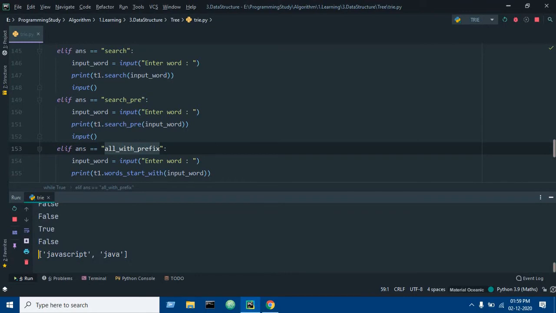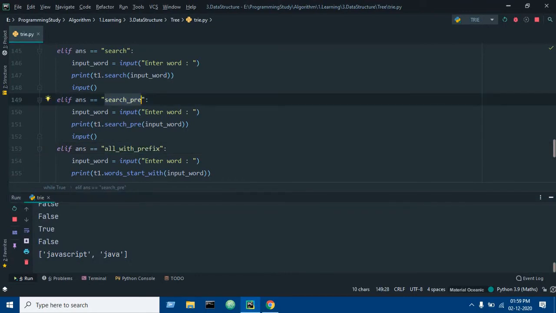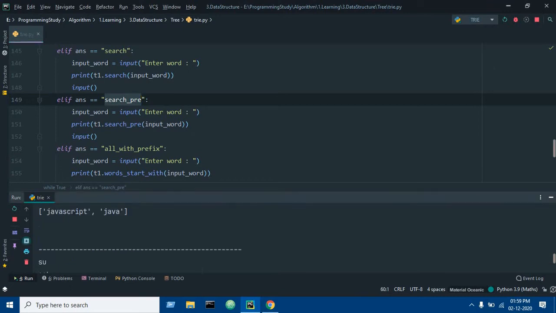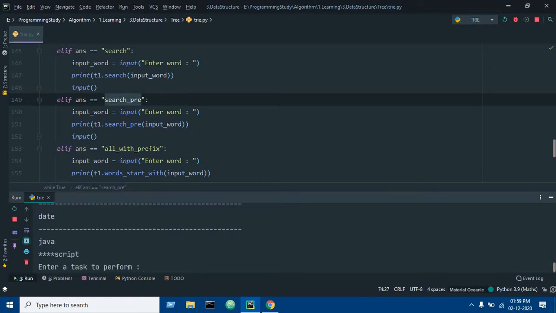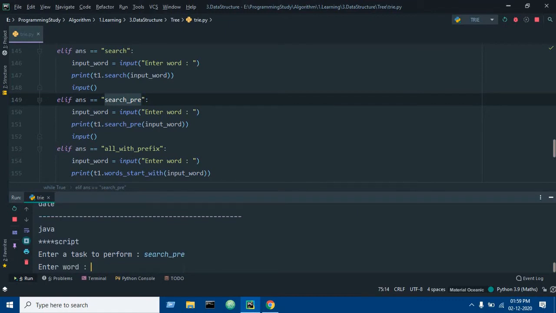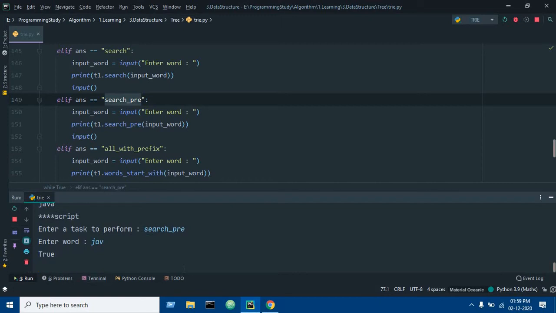Now if you want to search for the prefix, or whether it is there or not, then you can do it by typing search for the prefix and search for Java, and you get true, as Java and JavaScript has Java in it.